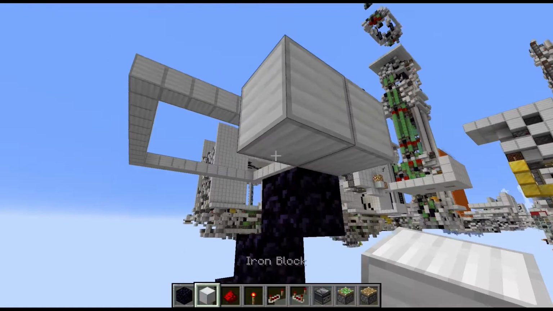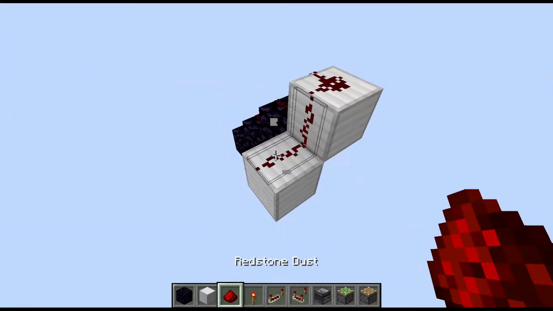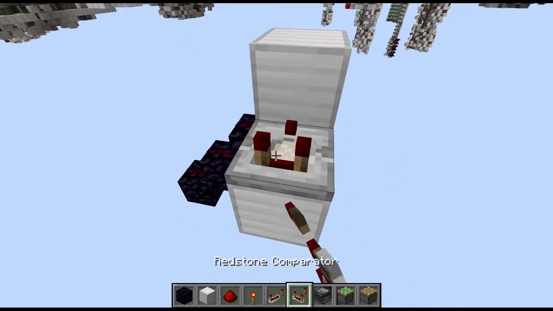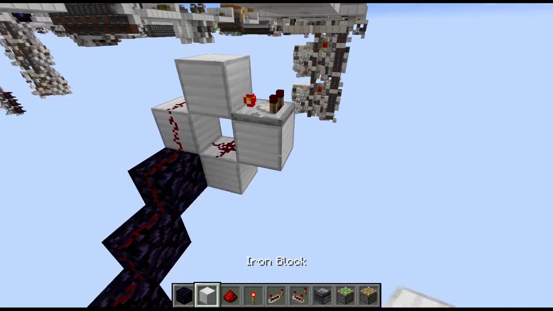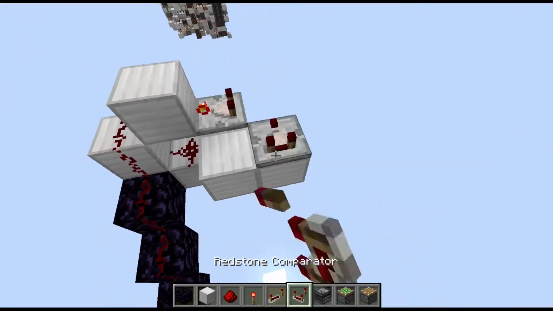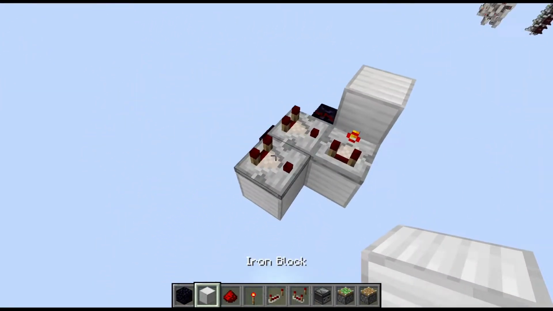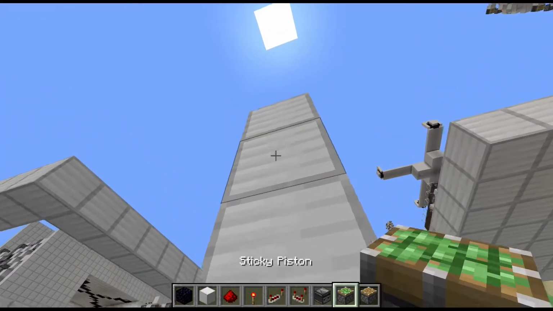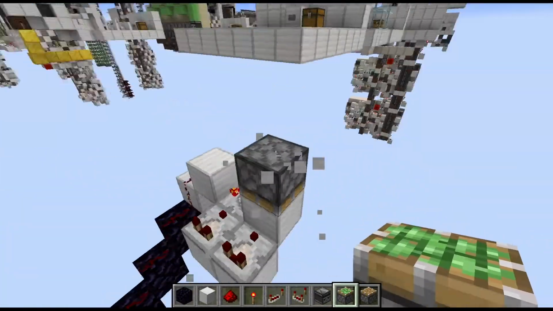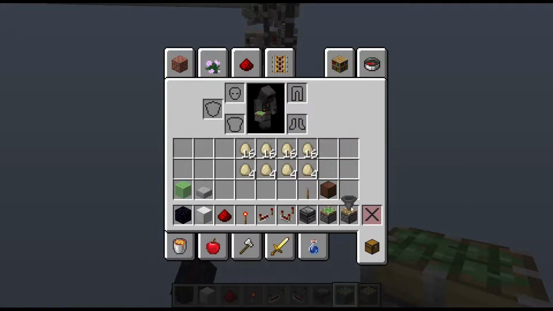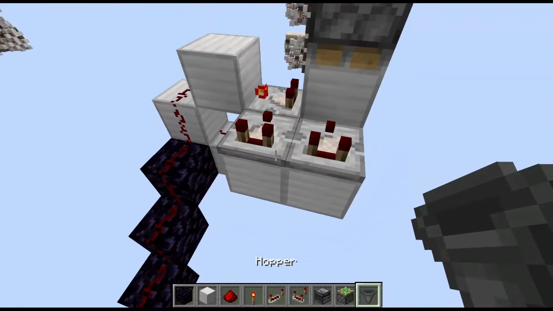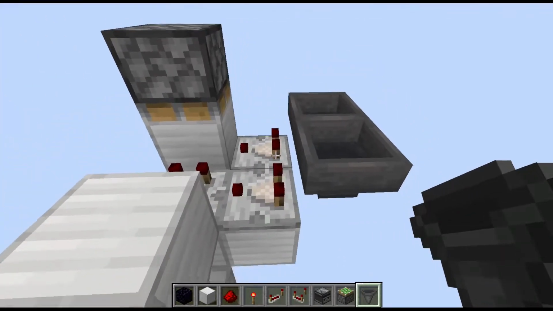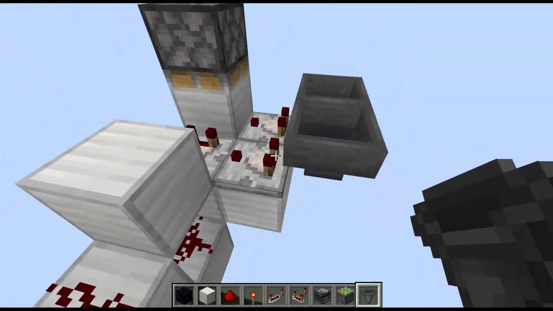Then a diagonal block down with some redstone dust on top. Cut this off with another full block. Then we need a full block here with a comparator in subtract mode running into this block. Add 2 blocks here, again comparators on top of them. Then we need a block here, and on top of this block we need actually a sticky piston powering downwards like this here. Then grab 2 hoppers and place them facing each other right behind the 2 of those comparators